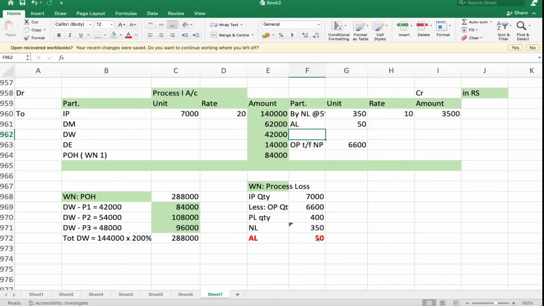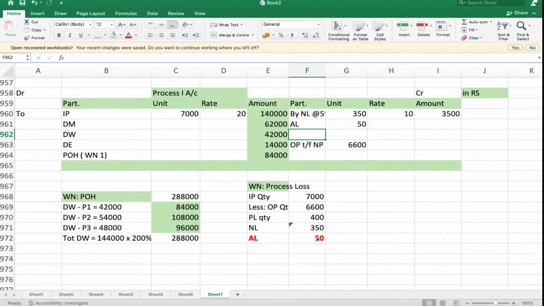Whenever you come across segment 1 in process costing, for mere preparation of process account, you have to draw the format. On the debit side, pass all expenditure. On the credit side, normal loss and the output transferred to next process. Thereafter, you have to prepare 2 working notes. The first working note is called process loss: input quantity minus output quantity is equal to process loss quantity. That process loss you have to segregate into 2 parts, one is normal loss, another one is abnormal loss.